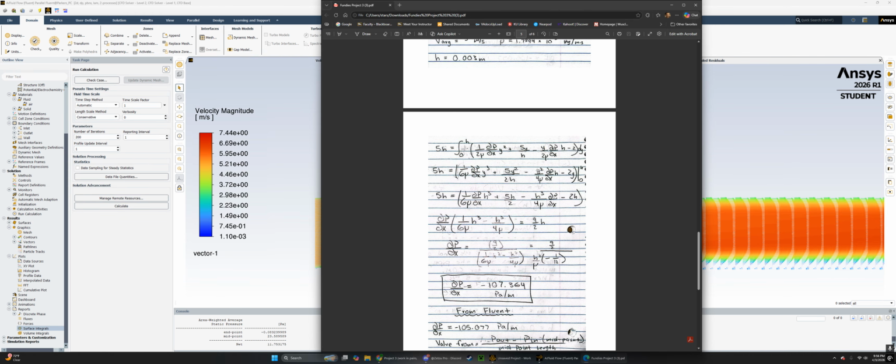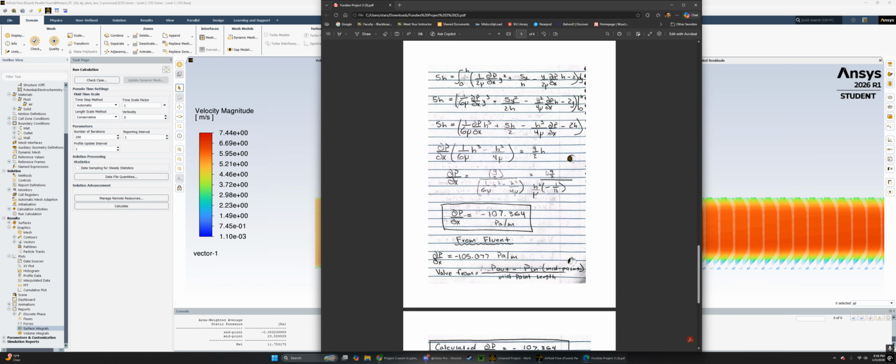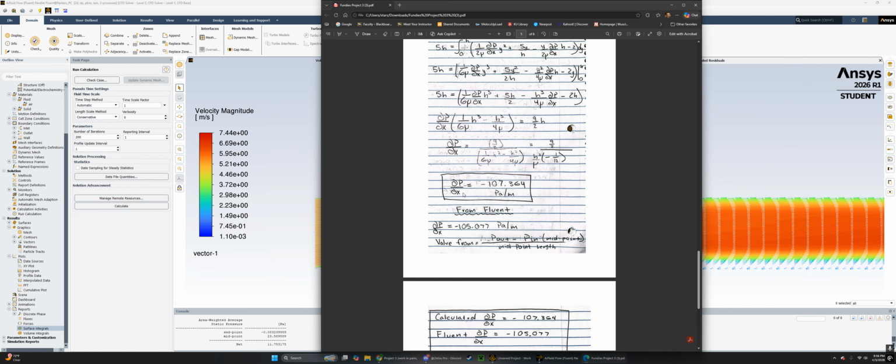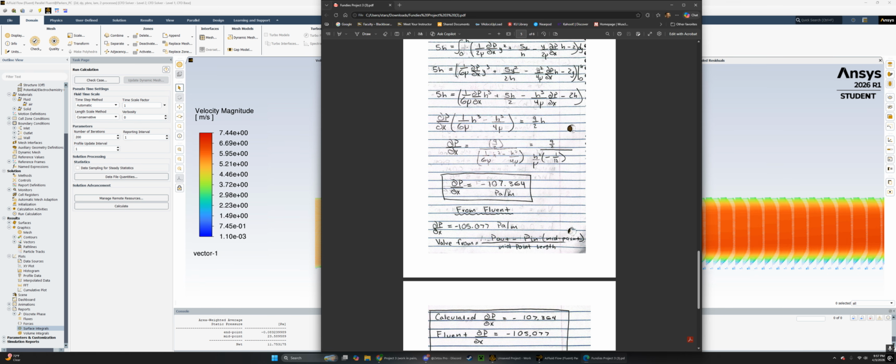Take the pressure gradient out. Here's a common variable here. Take that out. Divide over here, and then again with the same thing, take it out, and then input our values, our givens, and we get negative 107.364